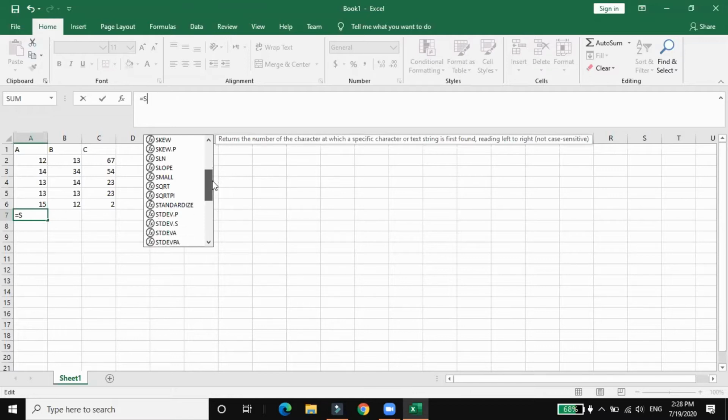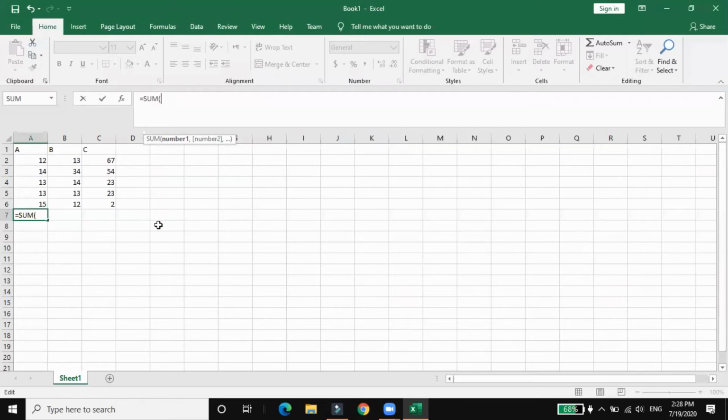For example, I write sum, then you find the sum. This is your sum. Then after sum, the parenthesis starts. First, there is a number of arguments: number 1, number 2, number 3, and number 4. If I write sum and open the parenthesis, there are three different ways to calculate a sum in an Excel sheet. I will write the first one. Sum is equal to, you select cell number